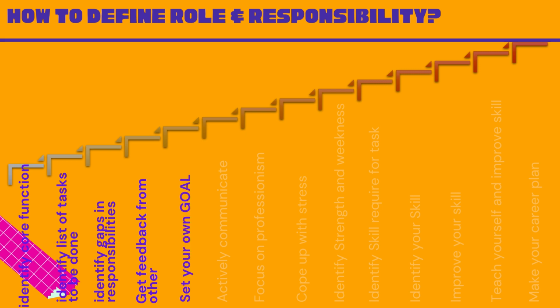5. Set your own goals. Don't wait around for someone else to create goals for you. When there are unclear job responsibilities, set your own goals based on what work needs to be done. 6. Actively communicate. Just because there are unclear job responsibilities doesn't mean responsibilities don't exist. Organize a meeting or informally inquire about opportunities to take on greater responsibility. Staying in touch with your team and customer shows initiative and may result in your getting more responsibilities.